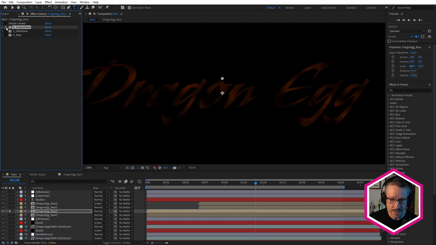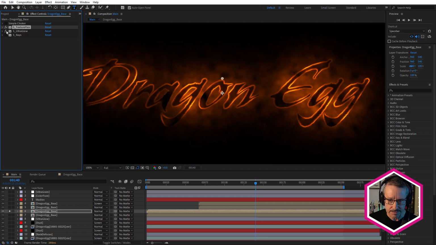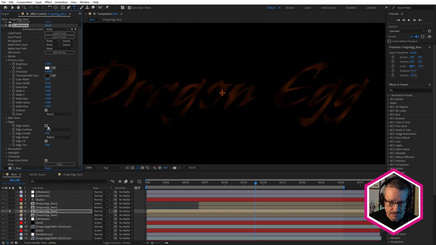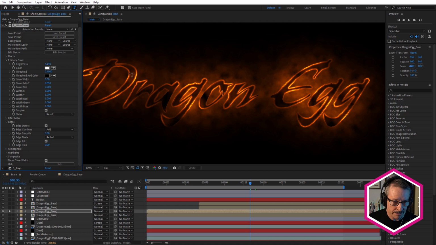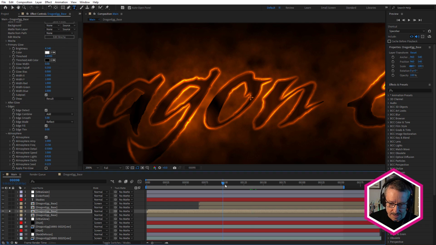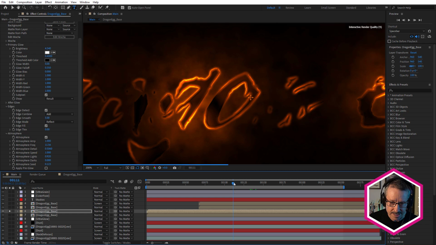So once again, Texture Flux and Ultra Glow. But here with the Ultra Glow, what I've turned on, importantly, is edges. So if I turn that off, we lose the effect pretty much completely. And that's based on the settings that I've set in here. But with Edge Detect, it's detecting the edge of that text. And we're getting these really lovely brighter edges where that Texture Flux is brighter. And once again, also here using atmosphere. So a great way to make that stand out in a really interesting way.